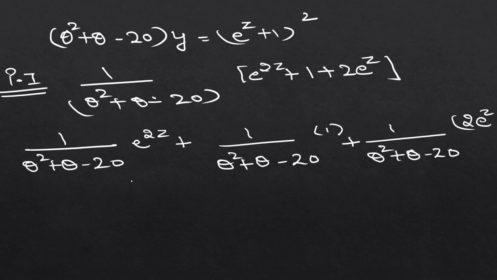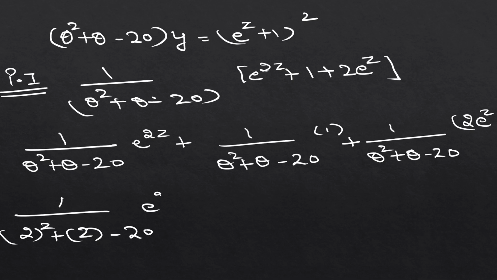Firstly, we know that if we have e raised to power alpha x, in the last cases we have done that D is replaced by alpha. Now in place of D we have theta, so it simply means that theta is replaced by alpha. The value of alpha in the first term is taken as 2. So we will write 1 by 2 square plus 2 minus 20 e raised to power